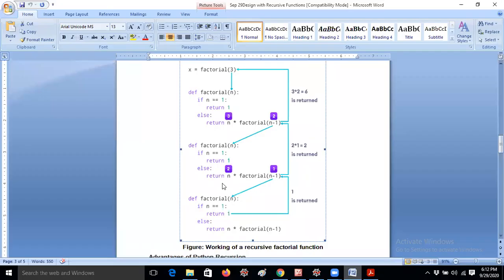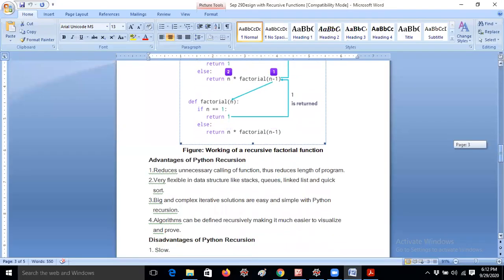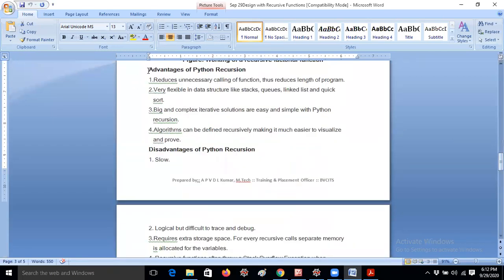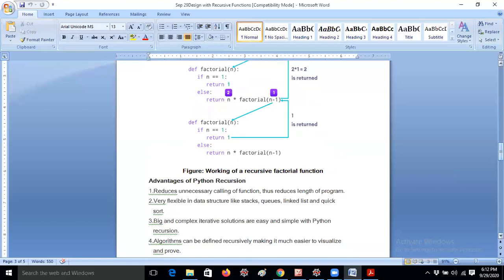Before going to the recursion, I will go to the other example. Anyway, I explained the advantages, because from an interview point of view they will ask what are the advantages of recursion. You can do stacks, queues, linked lists, quicksort. Because in quicksort and merge sort we are using recursion, since in the quicksort function you will call the quicksort method again. That is mandatory, because it works upon the divide and conquer approach. Merge sort also uses the recursive approach.